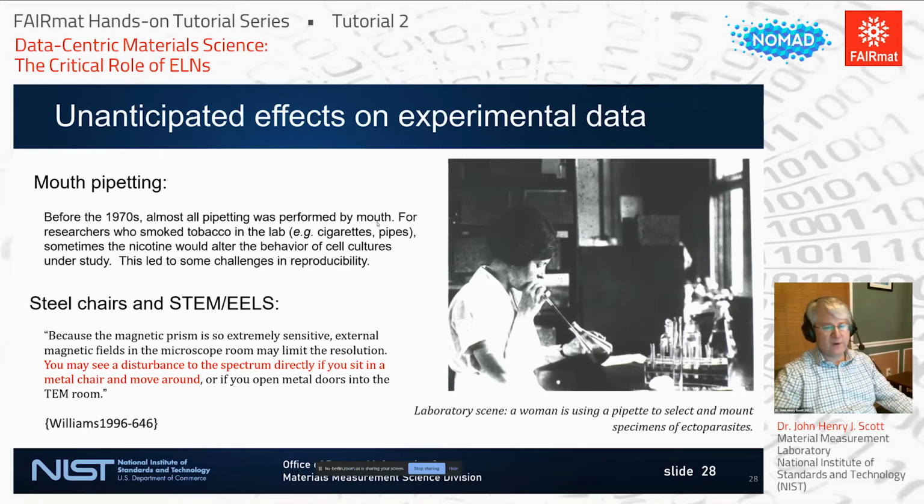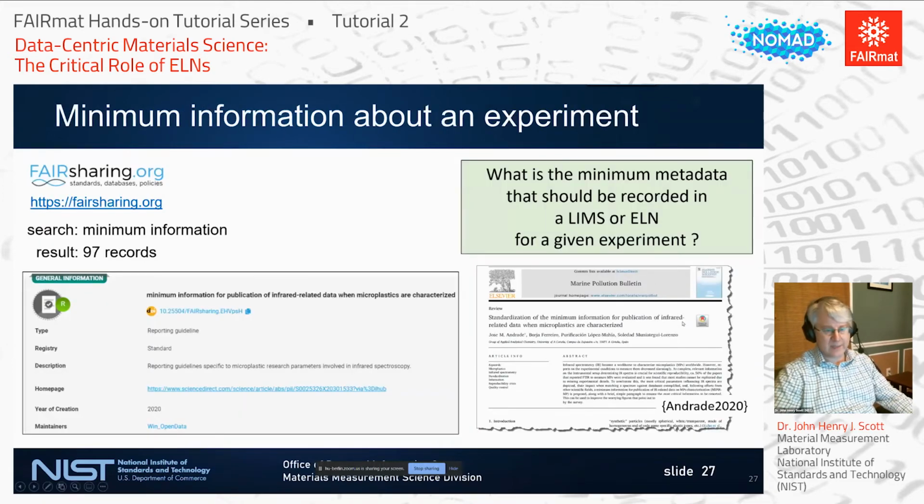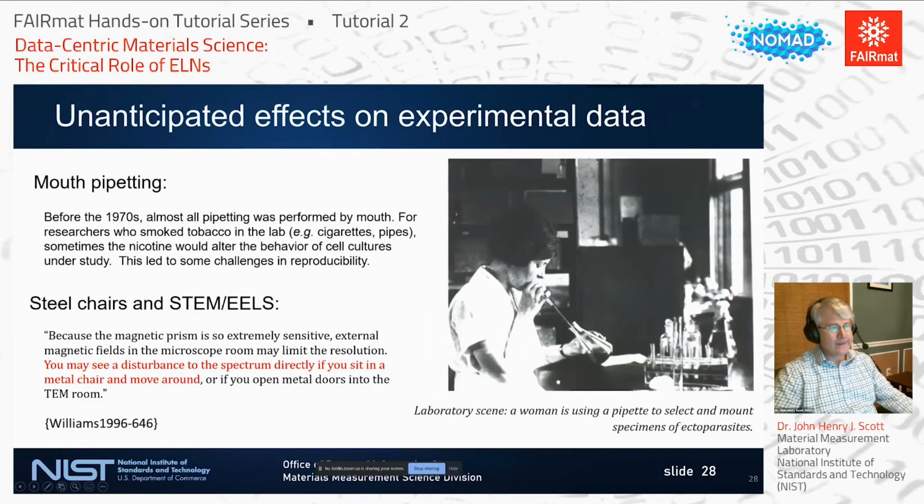But even if you do find something as formalized as a standard, such as this in this subfield, you still might not be recording all the metadata that ultimately might be necessary, because there are unanticipated effects on experimental data. The figure on the right is a photo from decades ago of a laboratory researcher, a woman, using a glass pipette to select specimens of ectoparasites, particular organisms,